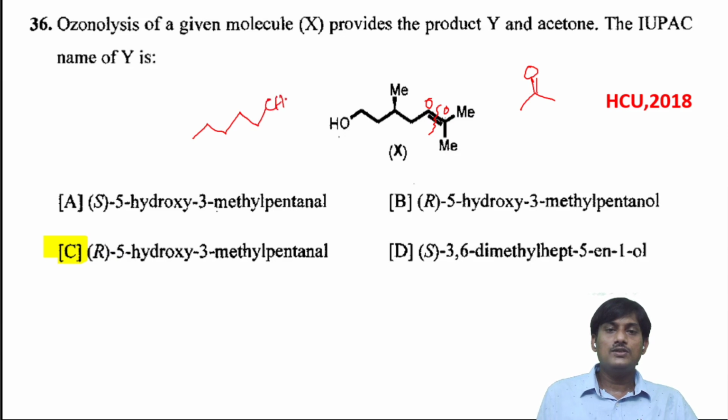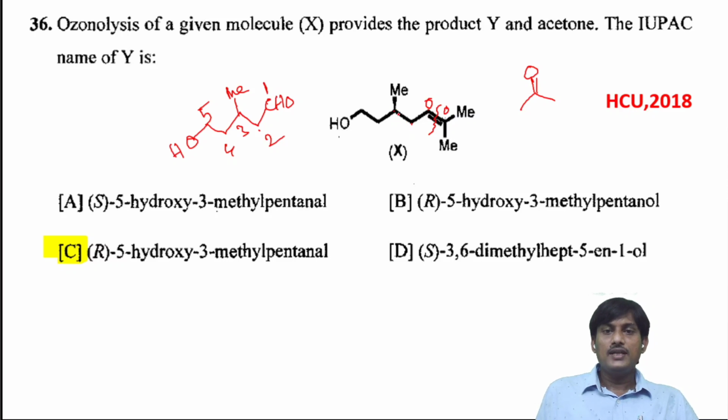This one is CHO, and at the third position, 1, 2, 3, there is a methyl group, and here this is the OH. We have to give numbering from this side, 1, 2, 3, 4, and 5. So there is a 5-hydroxy-3-methylpentanal, and in this,